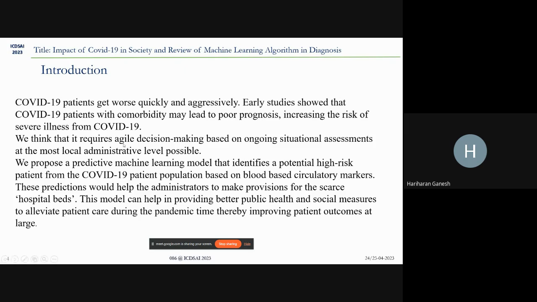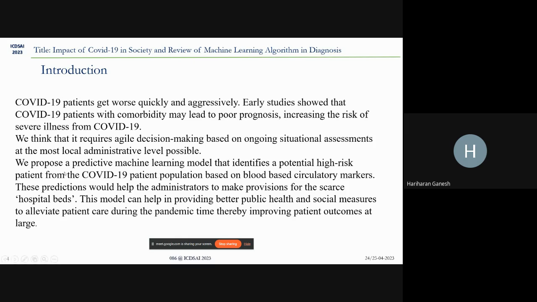We think that it requires agile decision making because we need to know the result in a very quick manner, instead of waiting for a COVID test report, or instead of going to a hospital center to keep checking yourself again and again using the cotton swab which is inserted into your nose. That could be a problem for certain people on doing it continuously because it hurts them.